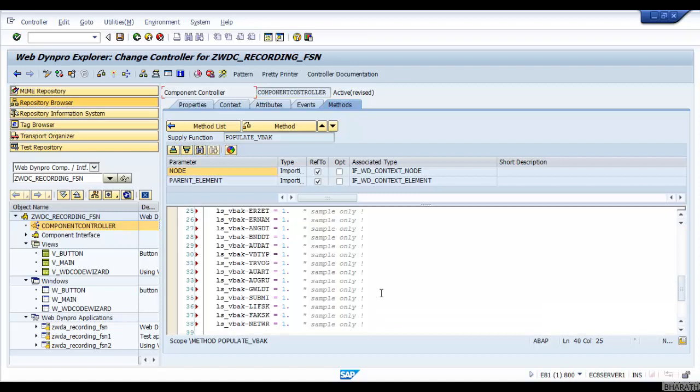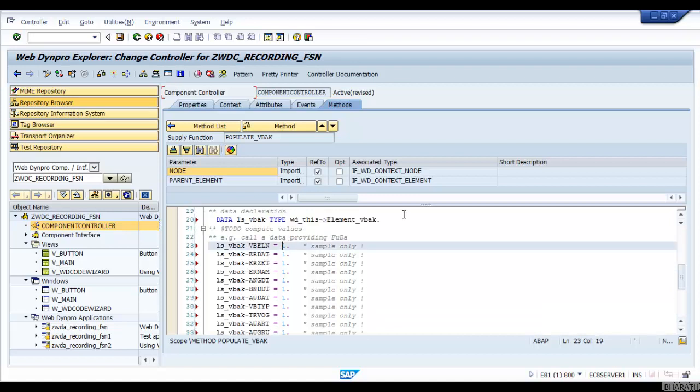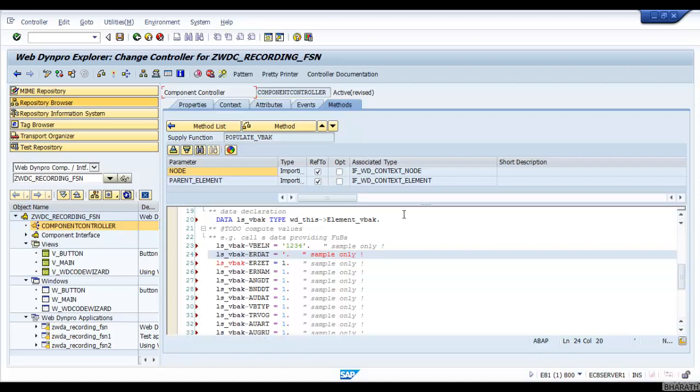Now what I am going to do is pass some values, 2, 3, 4. Now here for the date fields, let me use sy-datum, and for the user, sy-uname.